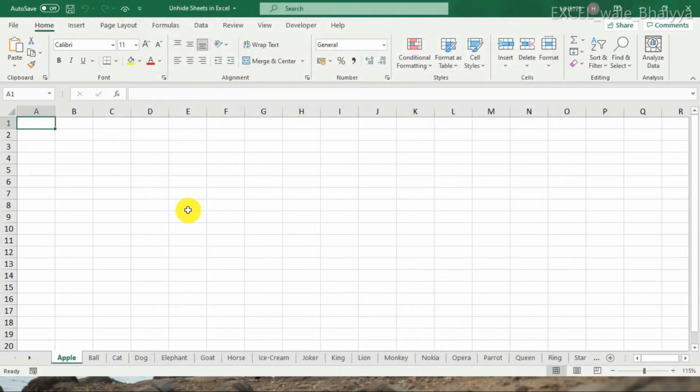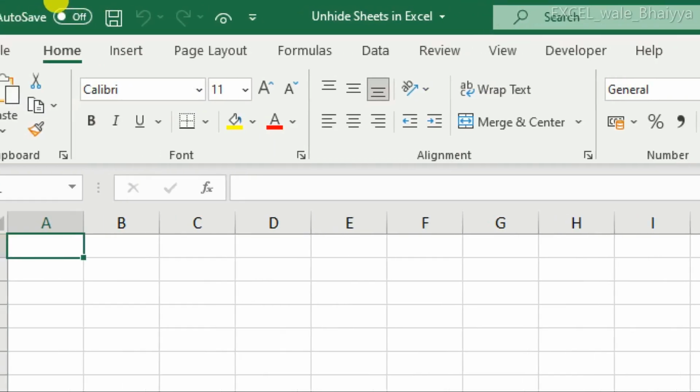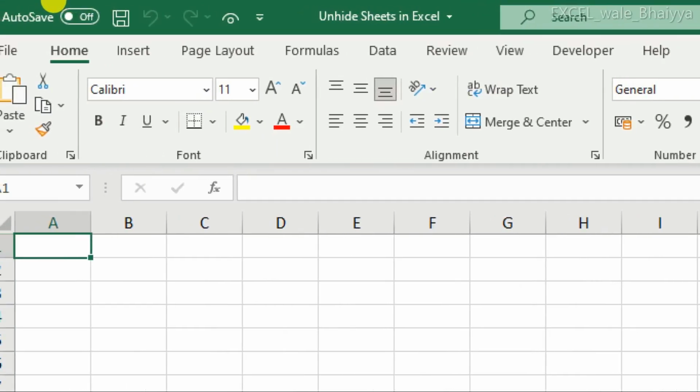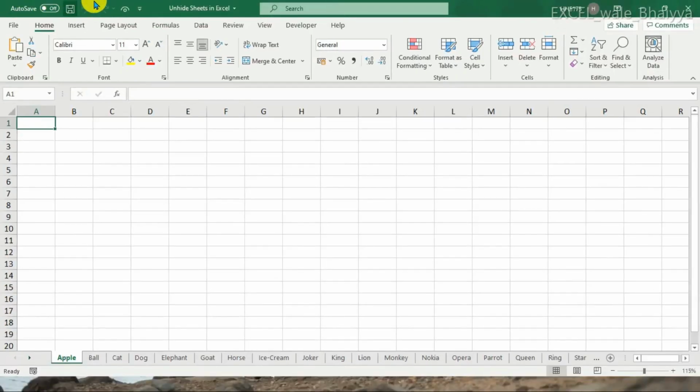So friends, we have done our basic configuration settings. Our basic steps have been completed successfully. Now you can see there is a symbol, the eye symbol which we selected earlier. Now you just have to click on this and our tool will open.